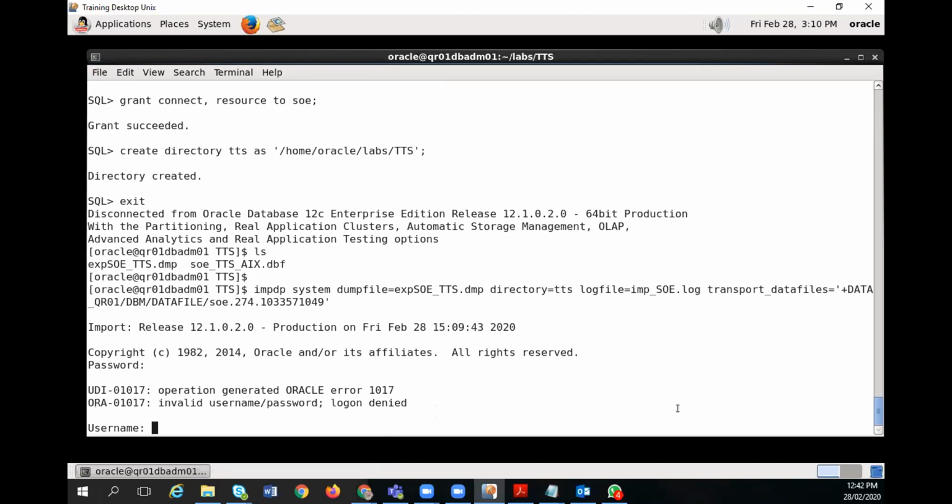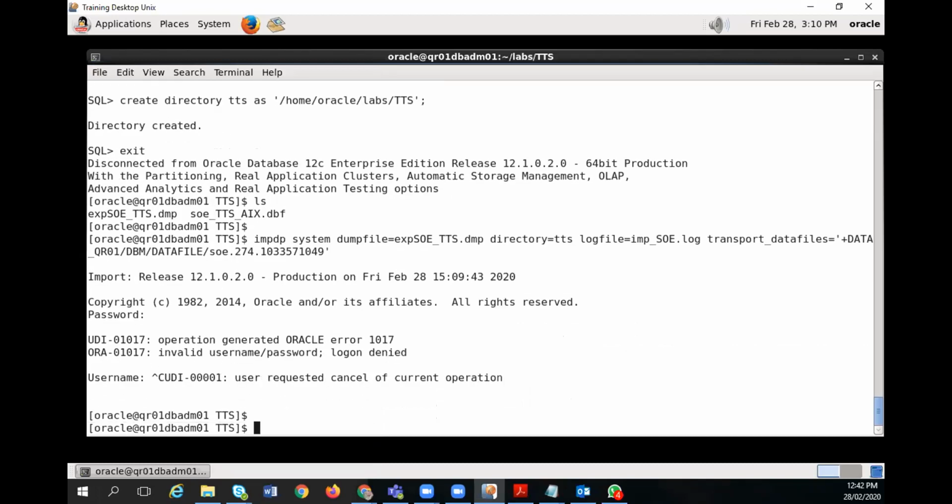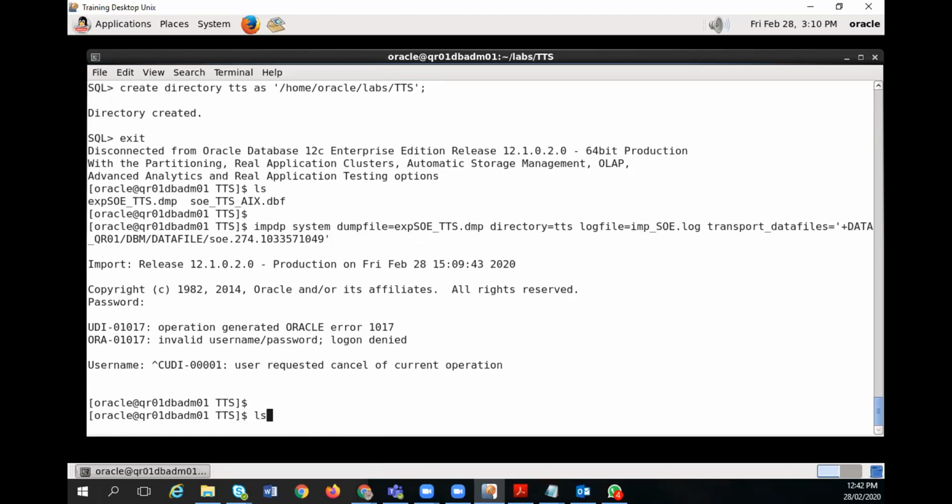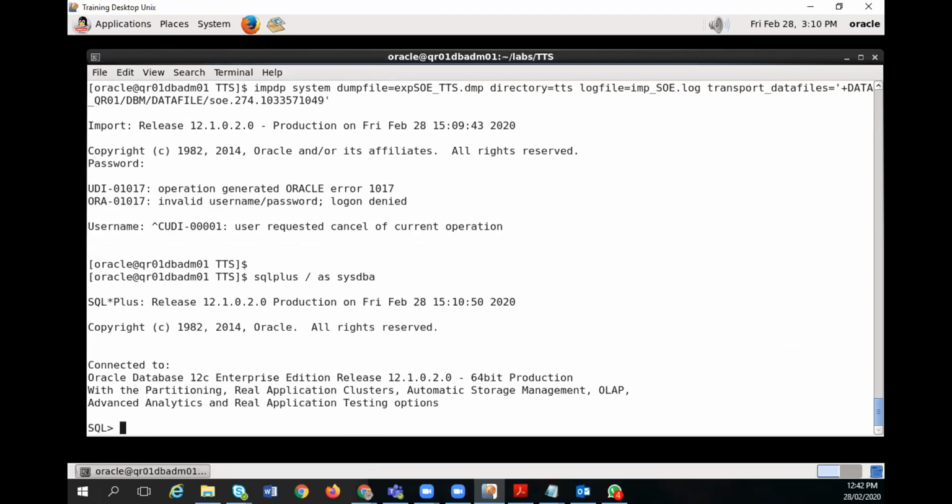No. So let me first reset the password on my machine. Which account am I doing? Import system now. Alter user system identified by the same name, which is not good practice.